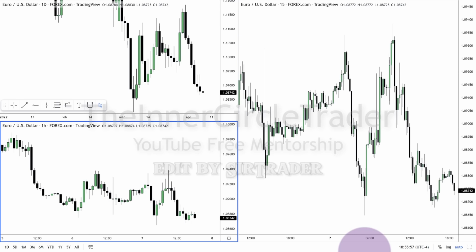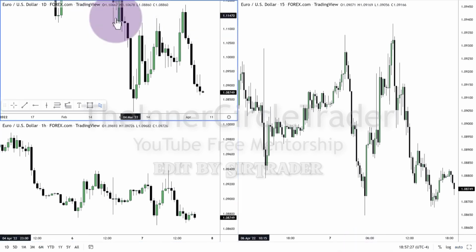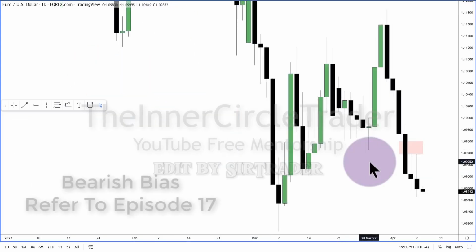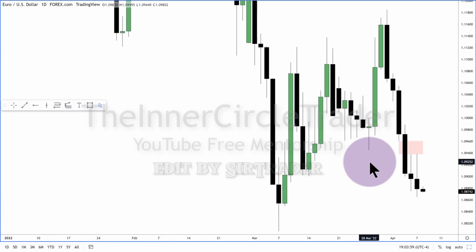All right, so we are looking at the Eurodollar. Upper left-hand corner is always going to be the daily chart, as you can see here, daily. Now, if you're looking for bias, you're going to start your analysis here. Number one, the bias is bearish. So if a bearish bias is being implemented, in other words, you're using that in your analysis, you're going through the charts looking for setups that would warrant a short sale on this particular market or this